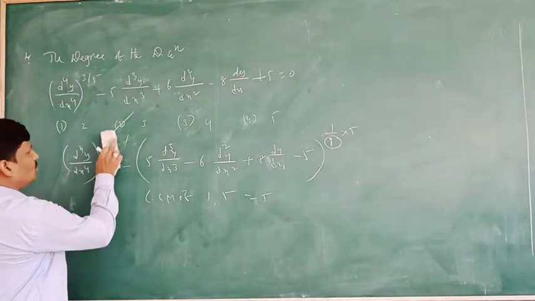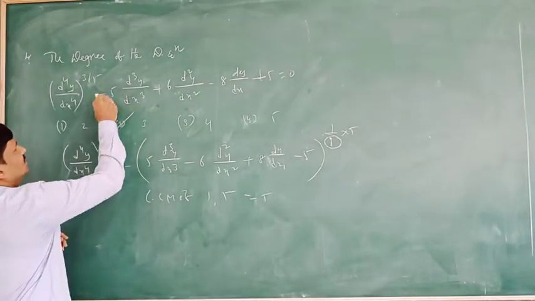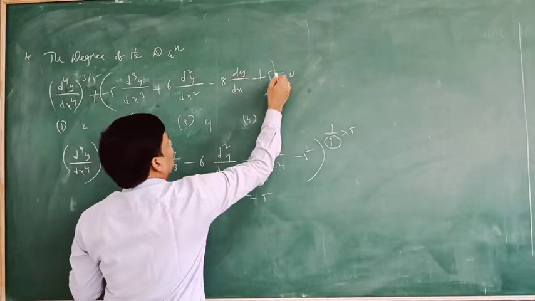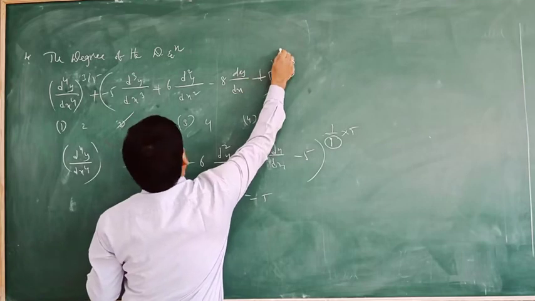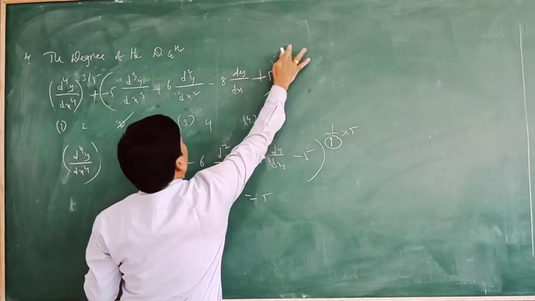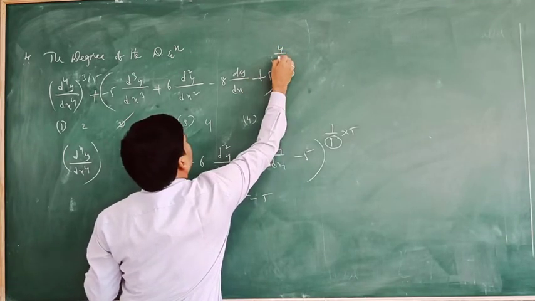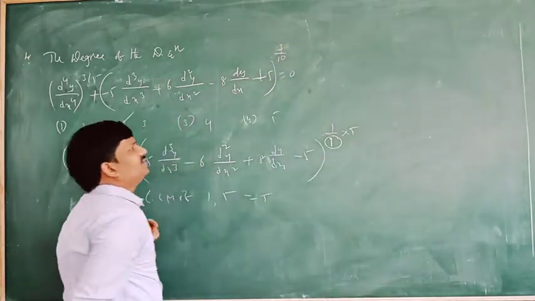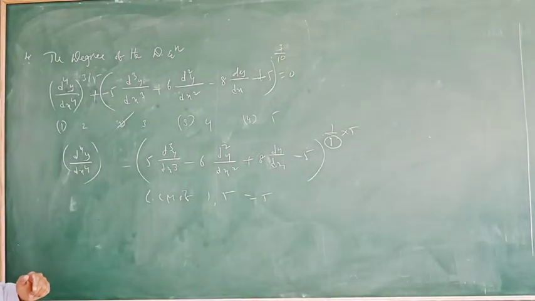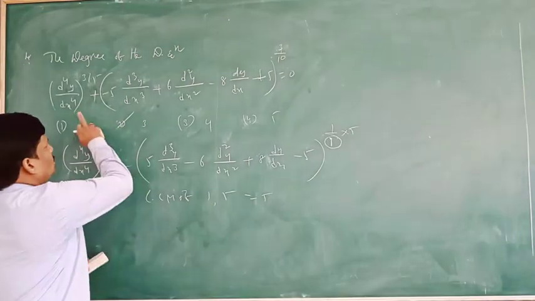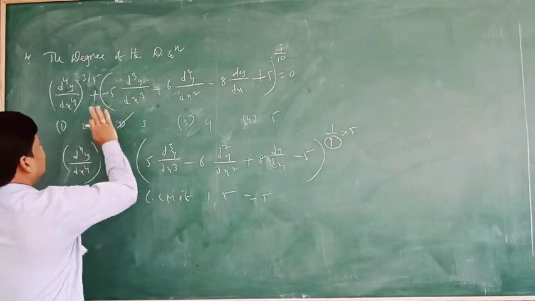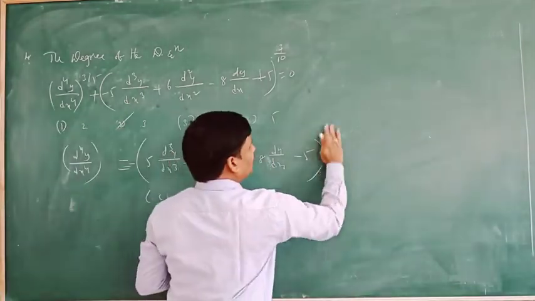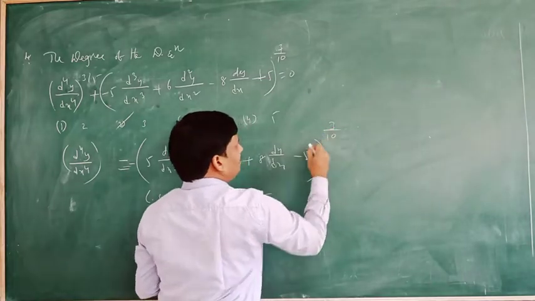Suppose I explain one more question. Here only, suppose my plus is given as minus of this total value, and this total value is given as power 3 by 10. Not 4 by 10, 3 by 10 is given, suppose. So here also the same procedure: transfer this total term to that side. After transferring, it will be like this, minus of, and here 3 by 10 will become the power.